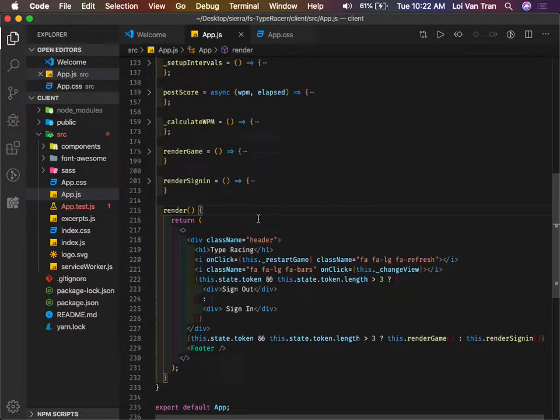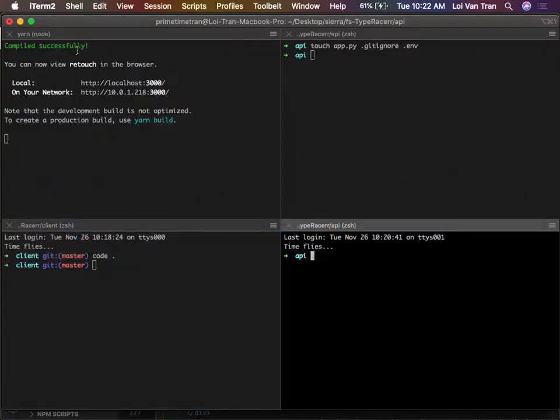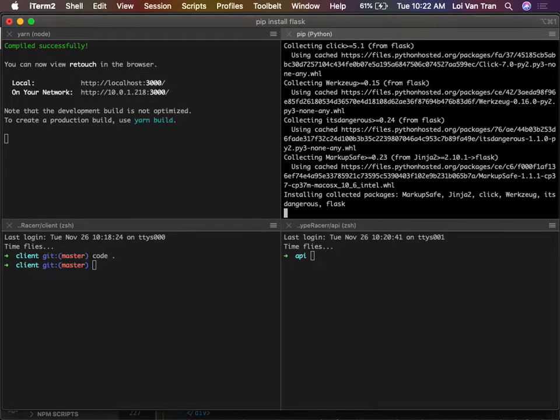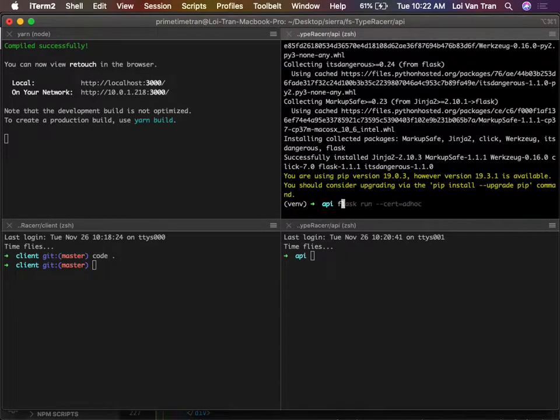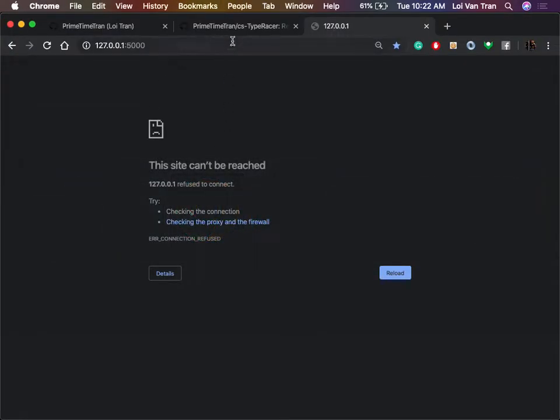So here's some React code. Let's go ahead and move forward. Now we need to set up our Flask application. After we create our environment, we need to source it, and then do pip install flask. Okay, it's running. We'll do python app.py, and then you will see that if we go here,